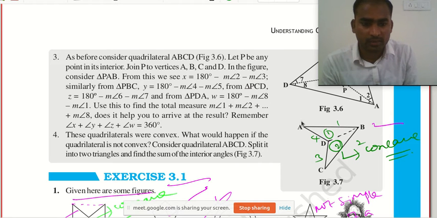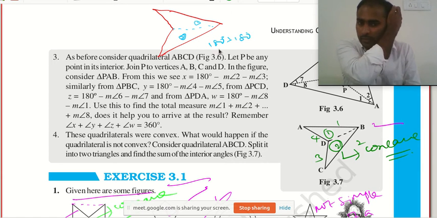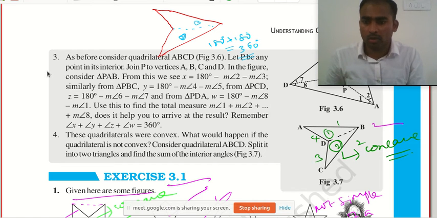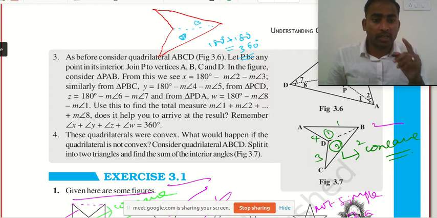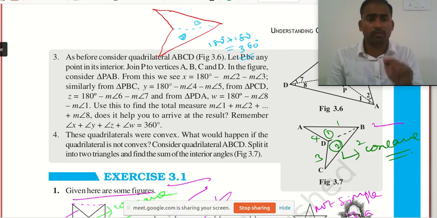See here, I will draw this example. Now here I don't know which angle is which, so I will draw one diagonal here. Now this is the first triangle, this is the second triangle. What is the total angle here? 180 plus 180. Clear? That is 360 degrees. Now, how am I saying any one angle in a concave quadrilateral, a concave polygon, will be more than 180 degrees?